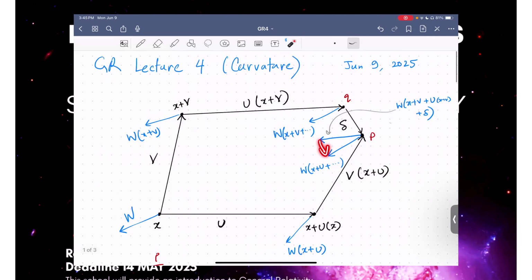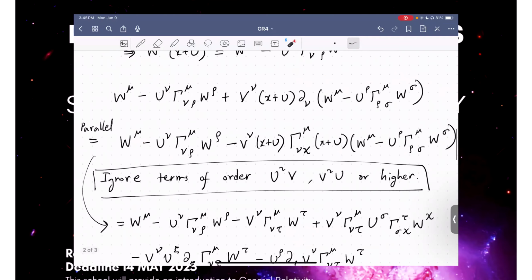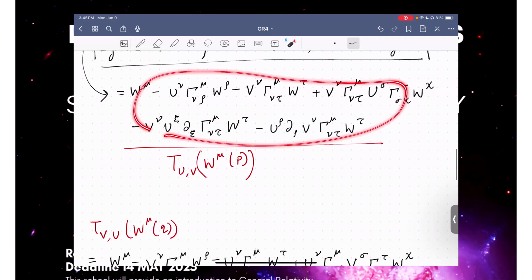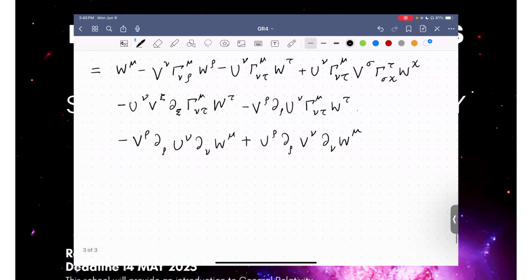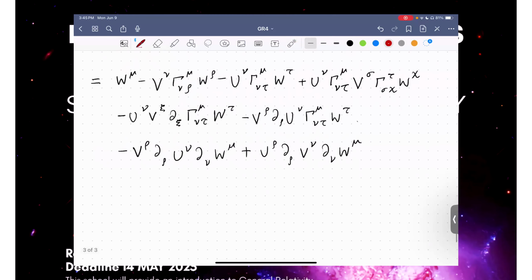And this difference that we wanted to compute is going to be the difference between this expression and this expression. It looks a bit big, so you may think it's going to be messy, but really, well, not many, but some of the terms will cancel out. So the difference that we are interested in is